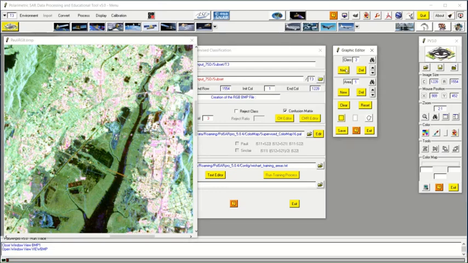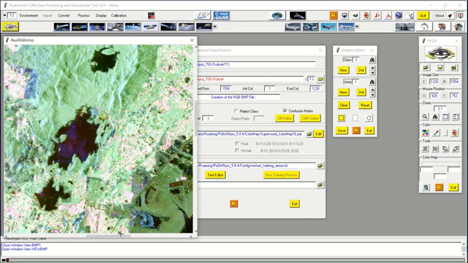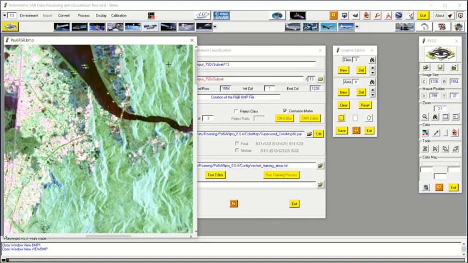Now new class, the third, class 3 is forest. I'm taking new samples, new, third sample, maybe the fourth sample from somewhere here.